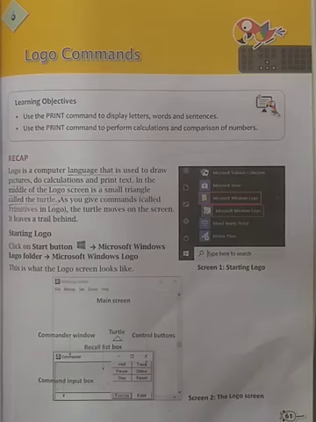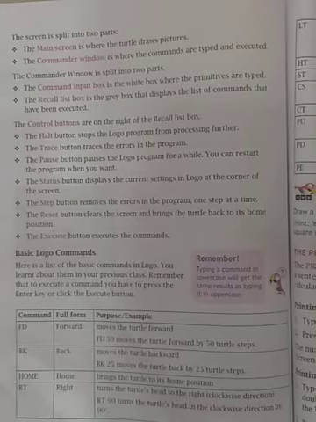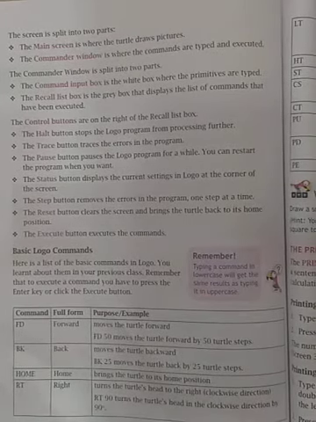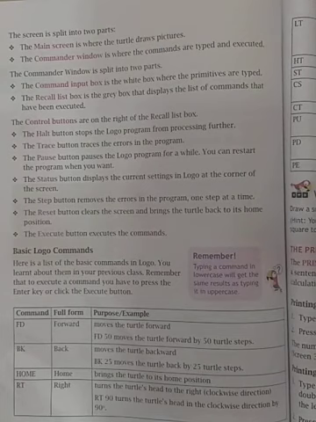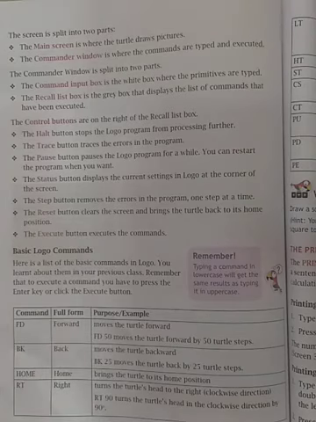Okay, let's go to the next page. It has four main sections: the main screen, commander window, commander input box, recall list as well as control buttons. Let's start with the main screen.